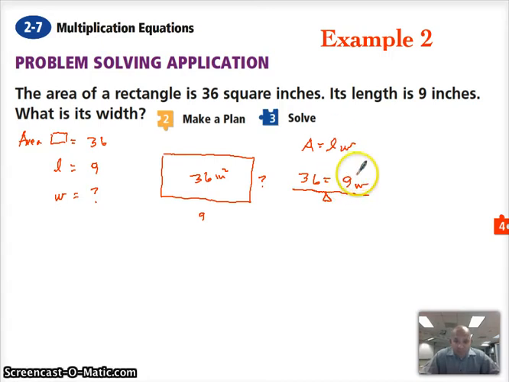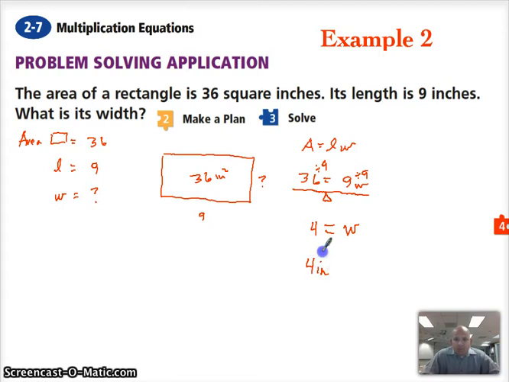Inverse operation, which means divide by 9. We're going to do it to both sides, dividing by 9 on both sides. 9 divided by 9 is 1. 1 times W is just a plain W. 36 divided by 9 is 4. So the answer is 4